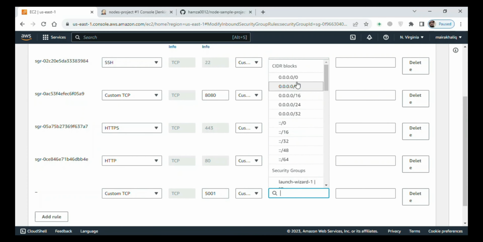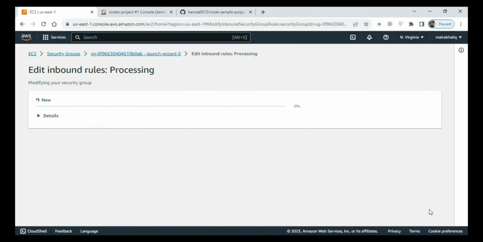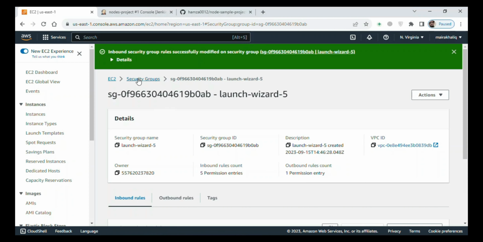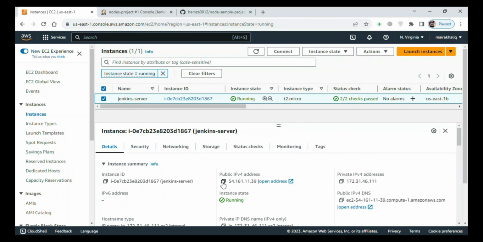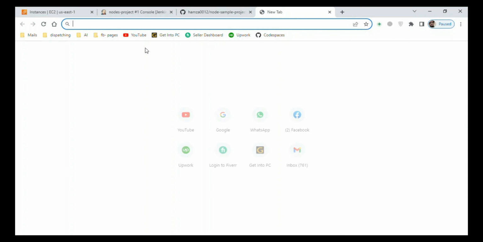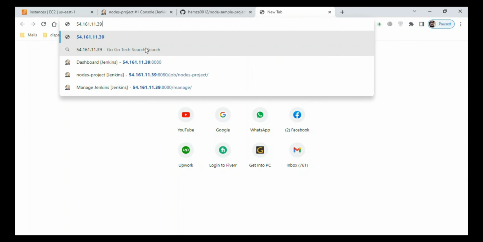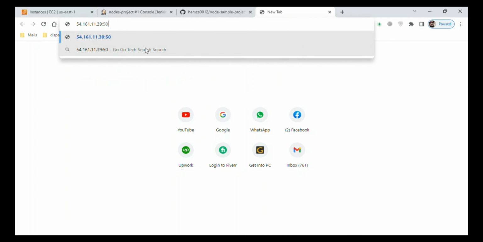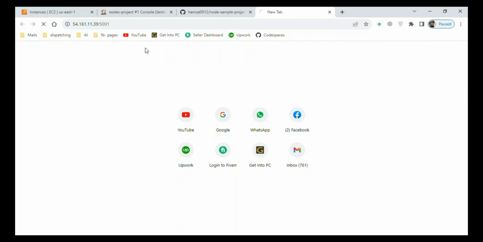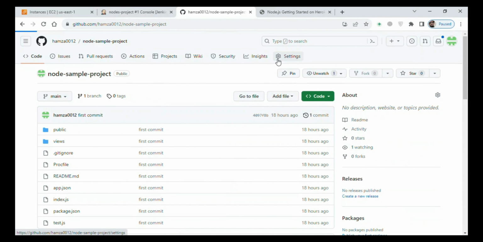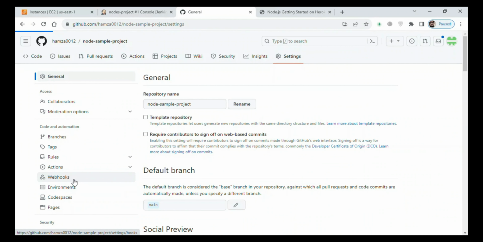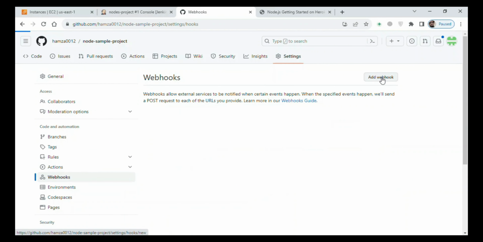So I just added 5001 and saved the rules, and now I will just hit the IP address with port 5001. So yeah, here you can see the website, which is a simple Heroku Node.js website, has been deployed on our EC2 instance, right? So for the webhook, we go to the settings of the GitHub repo,